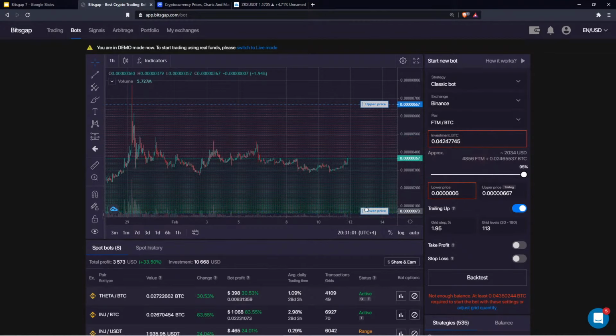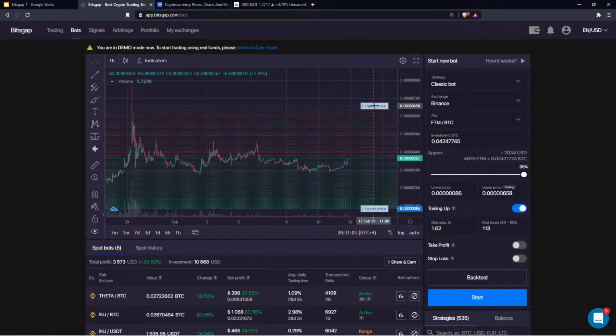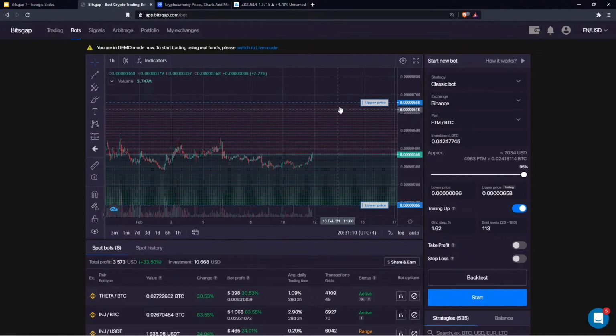So drag the line, and now you can start the bot. The idea here is that since you have sell limit orders, in order to sell something you must possess the base currency. That's why, if you don't have at your disposal this amount of FTMs, it will require you to buy it with a market buy order. So, like this, if I click on start,